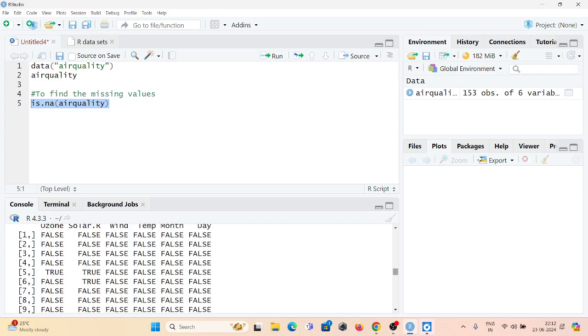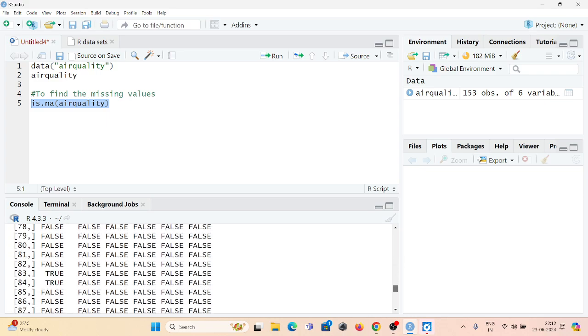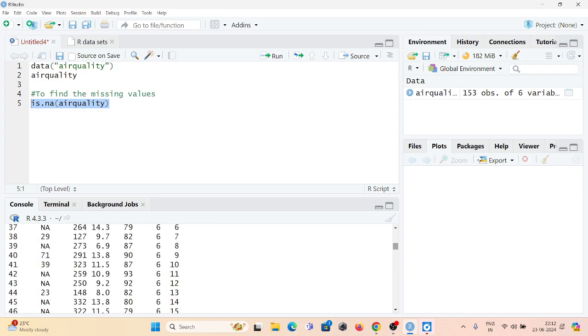Okay, next we can also perform different operations, right? If we want to count missing values, I want to find the number of missing values.